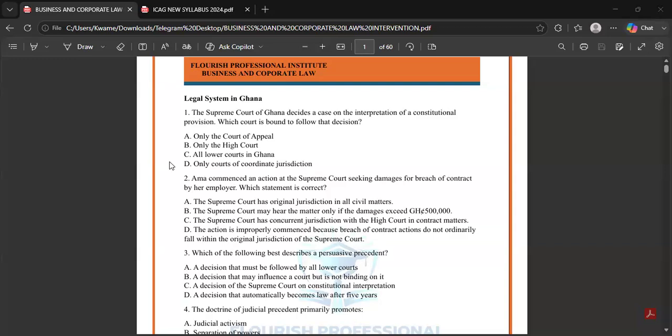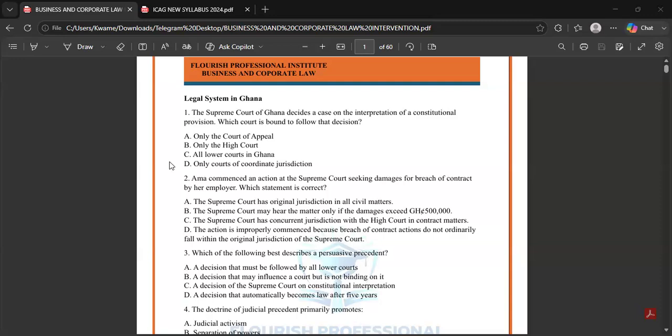It can influence. So anywhere you see something about persuasive precedent, what you should be looking out for is something that is influencing. It can influence, but it's not binding. For example, you have a friend you like so much, you work with, you do your things together, and now you have to make a decision about maybe a program you want to offer. And the person gives his or her opinion that, looking at this, you should do A, B, C. Since the person is your close friend, his opinion can persuade you or influence your decision.